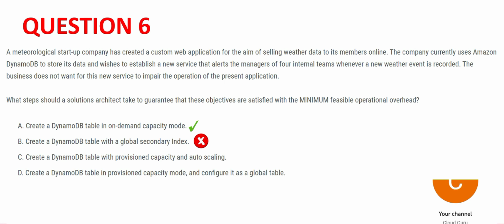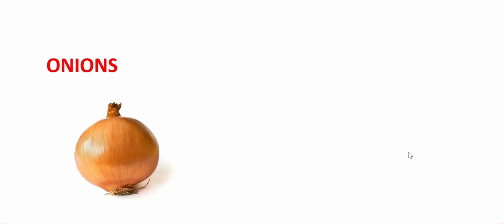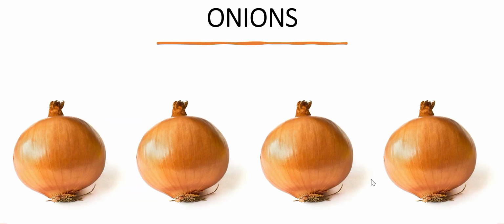Option C, in fact C and D both say use provisioned capacity mode. So what is provisioned capacity mode? Suppose you are a chef in a kitchen, and you know that most of the time you are making veg dishes where you use very few onions. Usually vegetarian dishes take less onion. But suddenly you get 4-5 customers who say, boss, I need to eat some chicken do piaza. Suddenly you will require many onions.